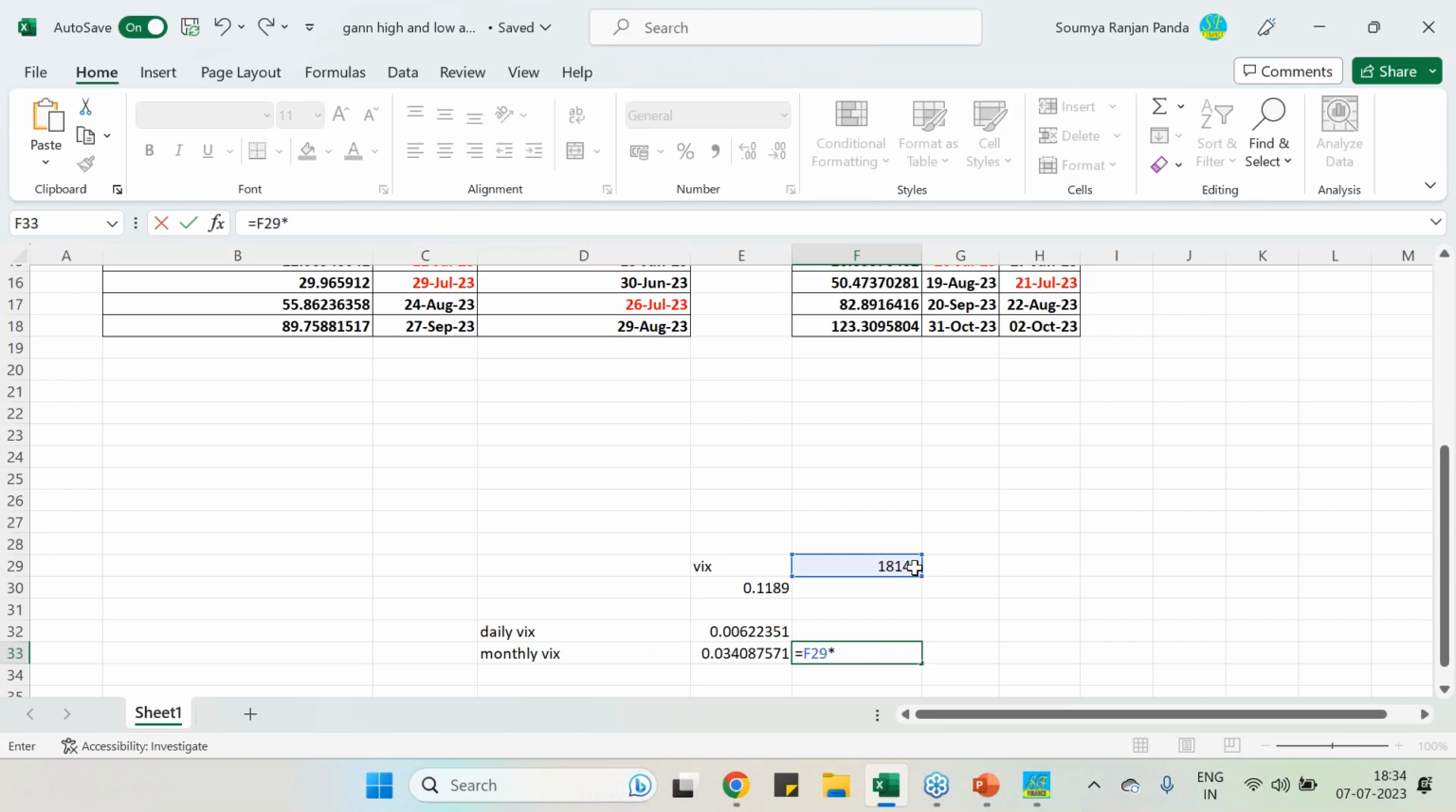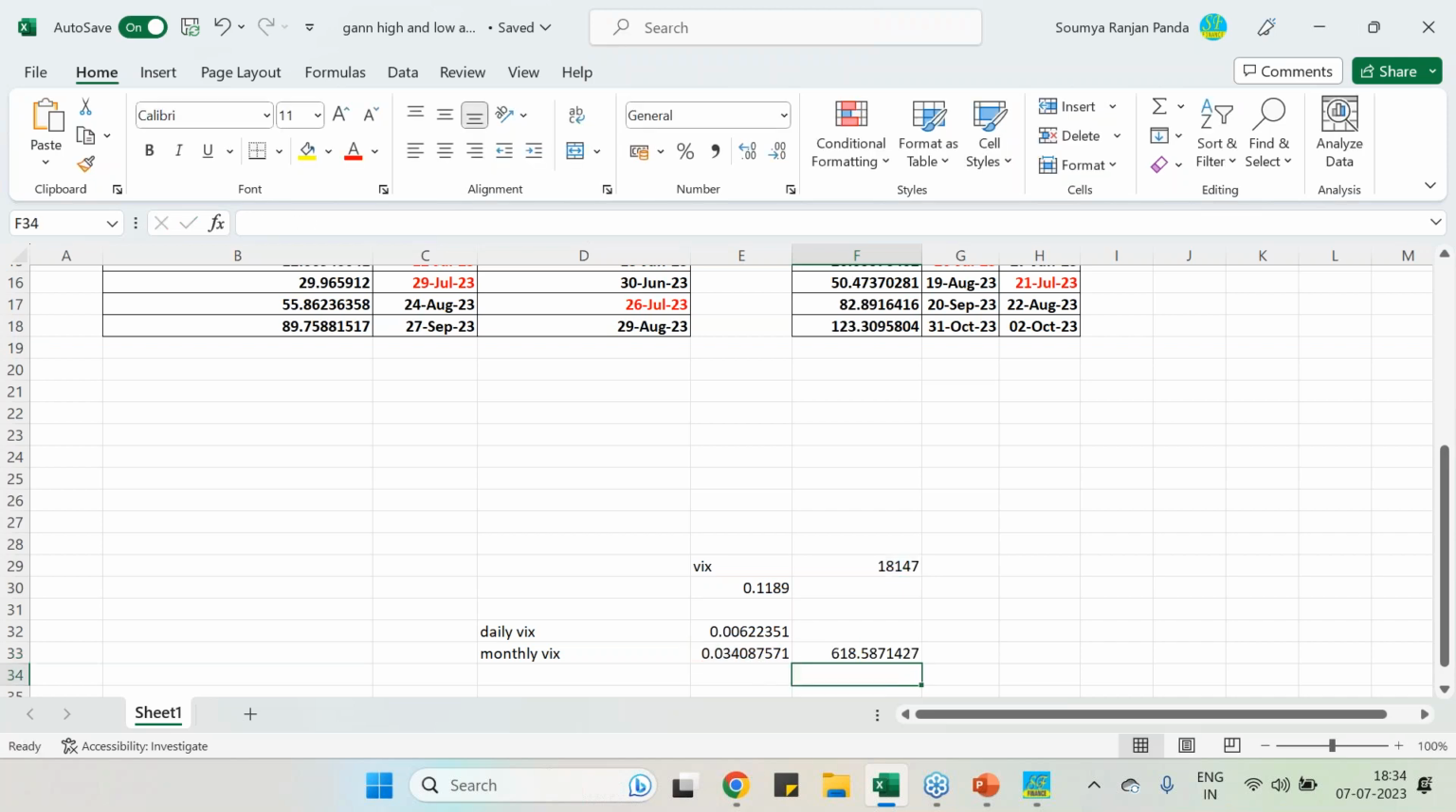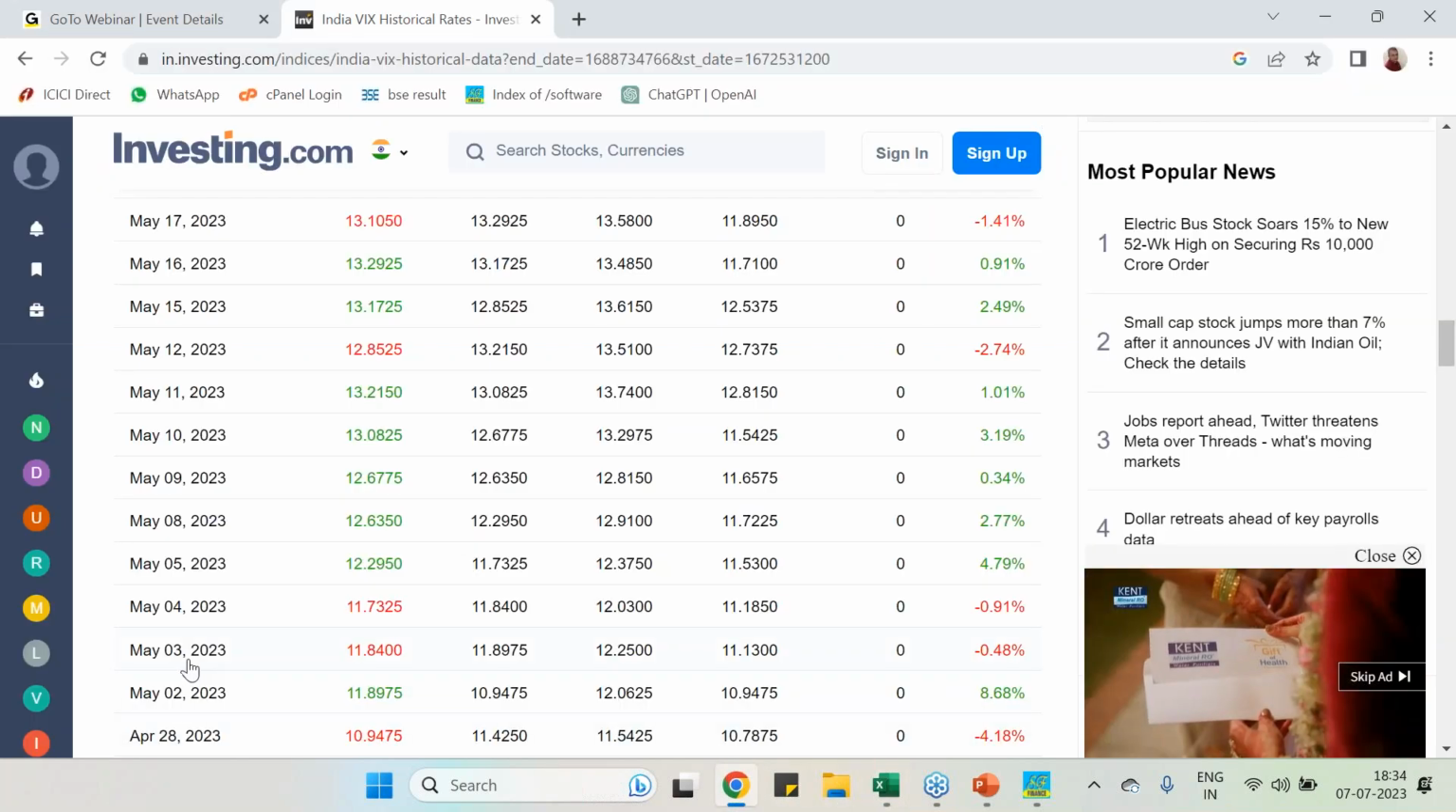ये monthly VIX में Nifty को multiply करो, कितना आया? 618 points, 618 points of move होगा। 618 points of move इस महीने में possible है। ऊपर भी जा सकता है, नीचे भी आ सकता है, यही बताया।